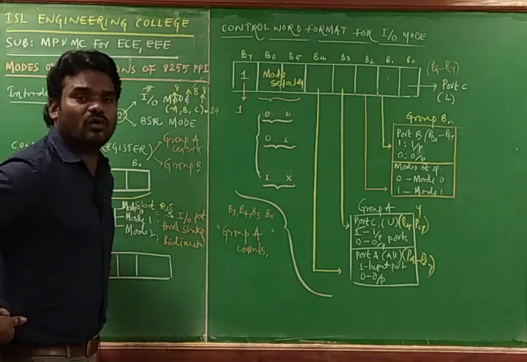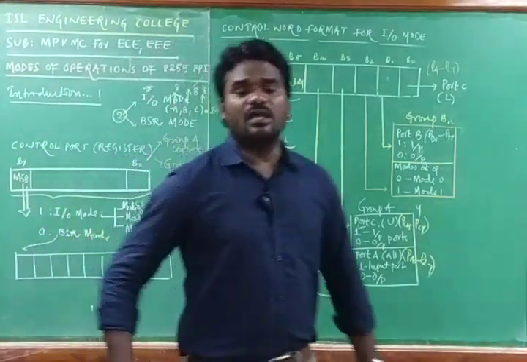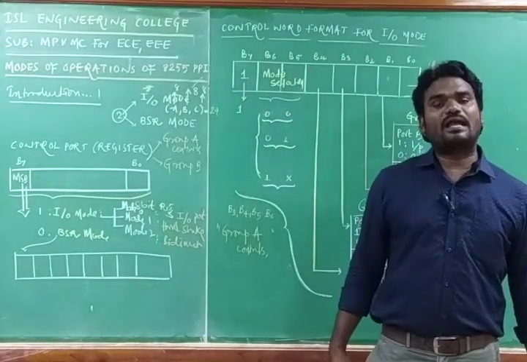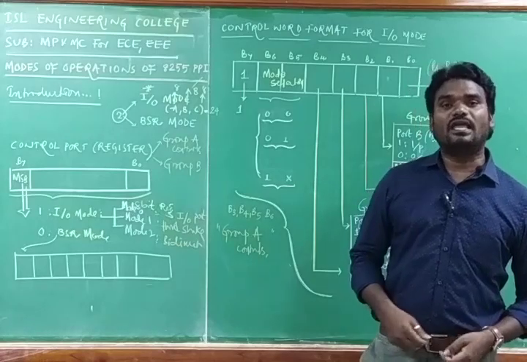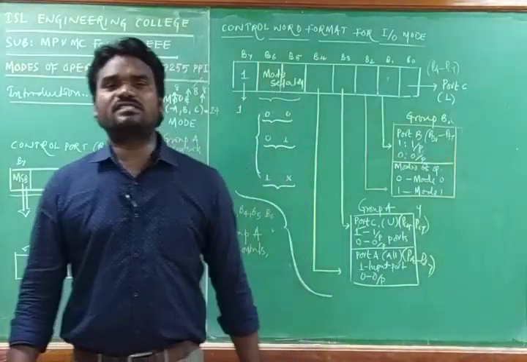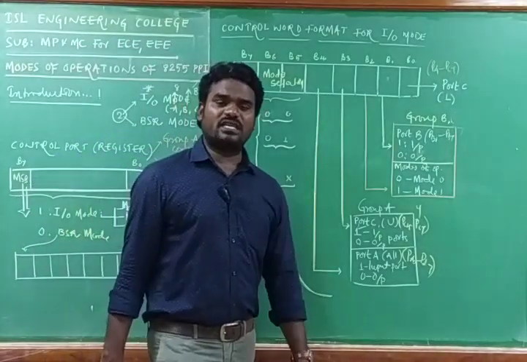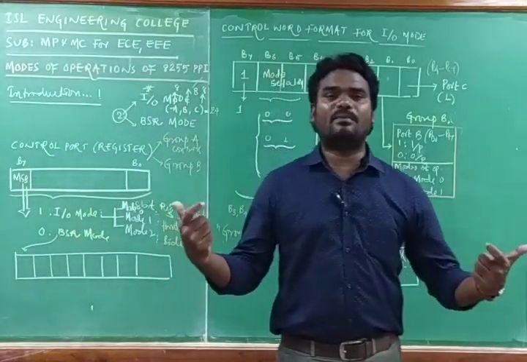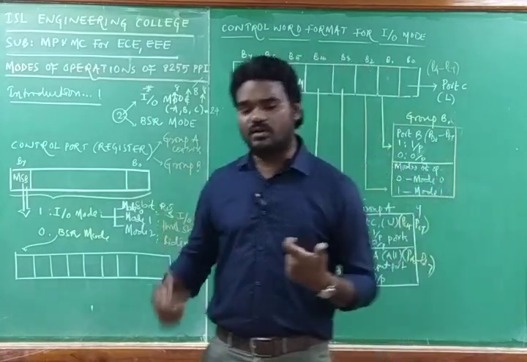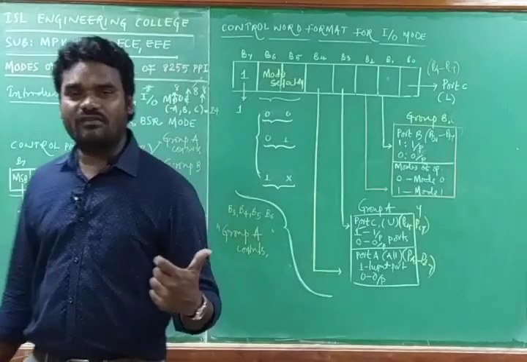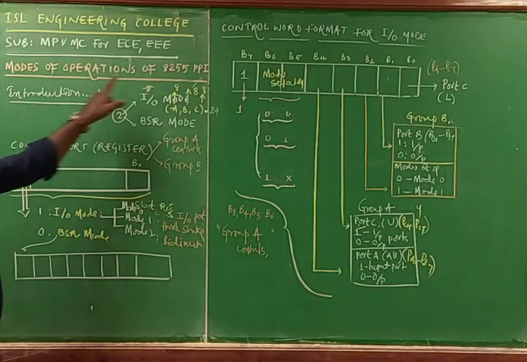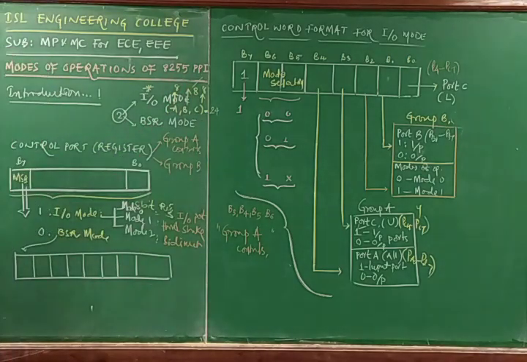PPI stands for Programmable Peripheral Interface, which can be used to interface the 8086 microprocessor and the 8085 microprocessor with the peripherals, nothing but input output devices, to have synchronization and compatibility between the processor and input output devices. We can have one interfacing circuit, and that interfacing circuit is nothing but the 8255 PPI.